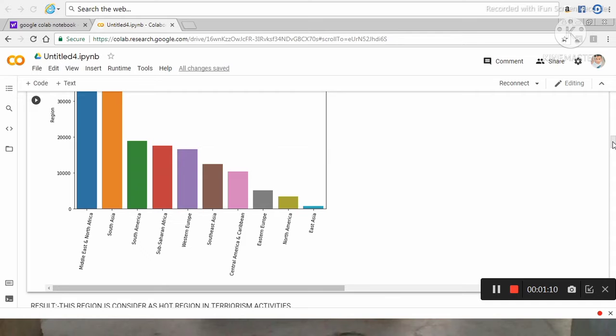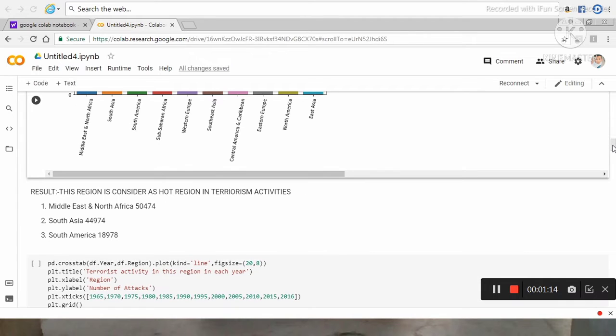In other regions it happens too, but not that much. So here I write the result: these regions are considered hot regions in terrorist activity. Number one is Middle East and North Africa, second is South Asia, and the third one is South Africa.